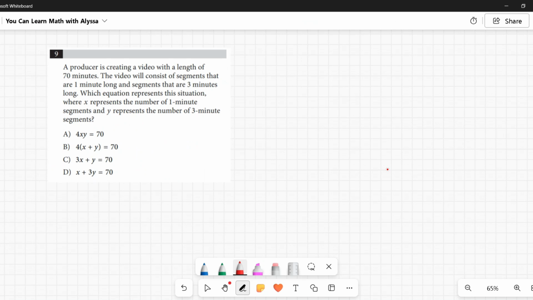Number 9. A producer is creating a video with a length of 70 minutes. The video will consist of segments that are 1 minute long and segments that are 3 minutes long. Which equation represents this situation, where x represents the number of 1 minute segments and y represents the number of